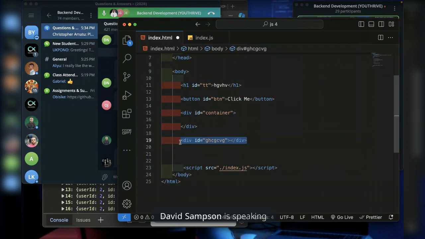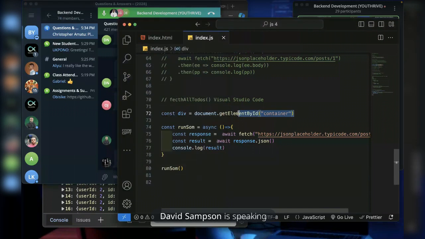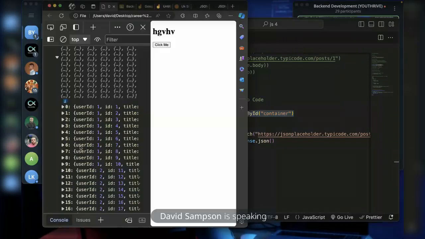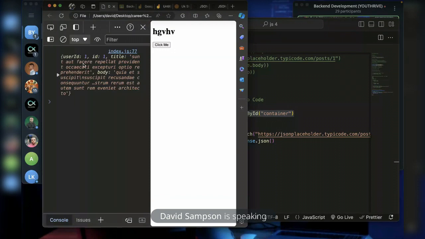But when you type hash, it knows that what you are typing is an ID name. So if you hit enter, it will create a div with that ID name like that. So that's the shortcut I used. Okay, that's it. So here I've selected the div.